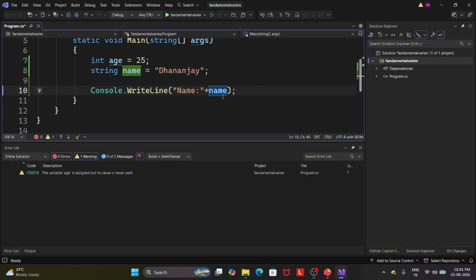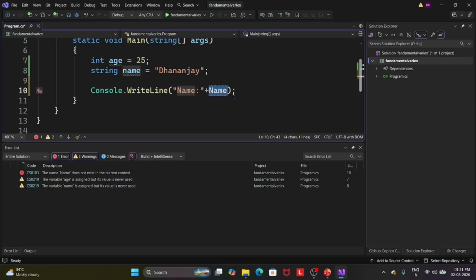Even if I take this, it gives errors. Why the error? We take a variable name with a small letter and write it in a capital letter. The small letter name and the capital letter name are different. C# understands that both are different variables, because C# is a case sensitive programming language.